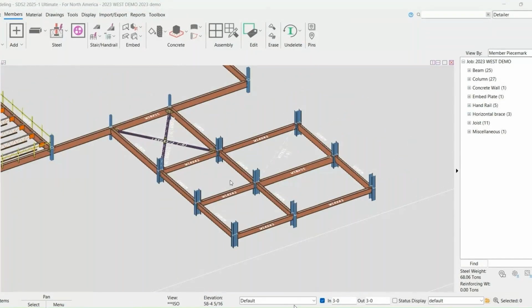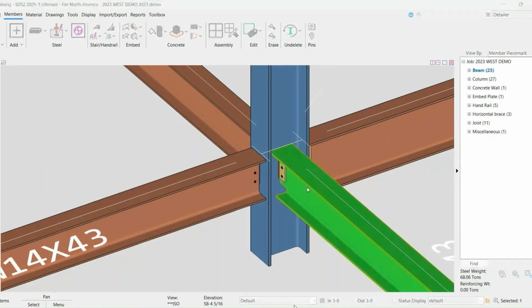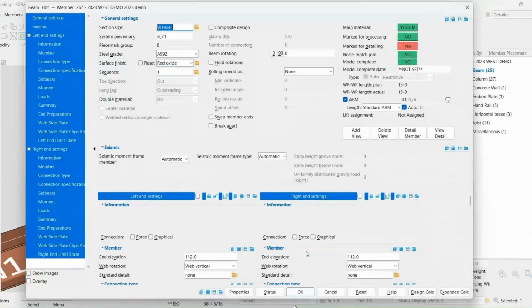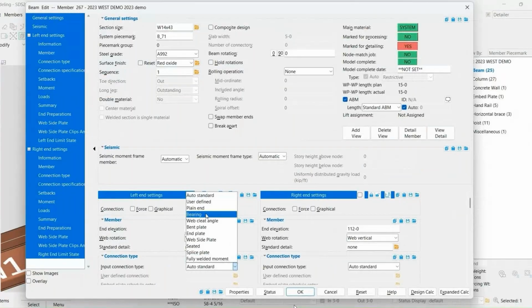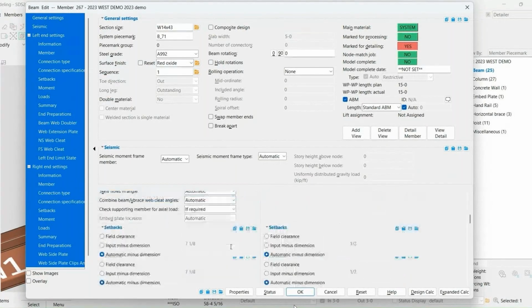Now I talk about the connection design. So if you see this connection and if I double click this and I change the connection from clip angle to clip angle. So here you can see